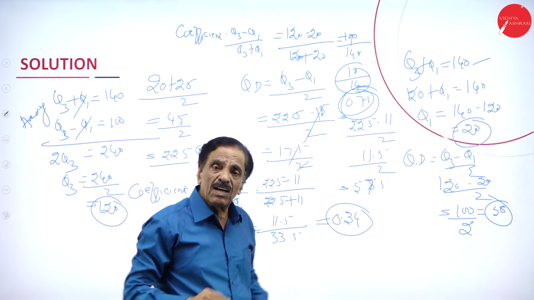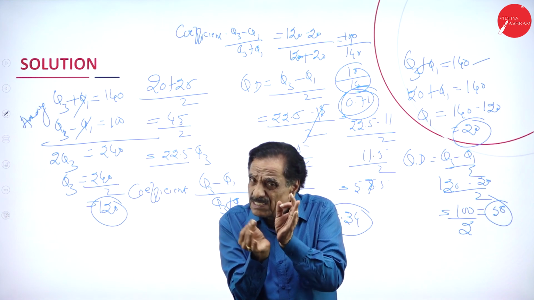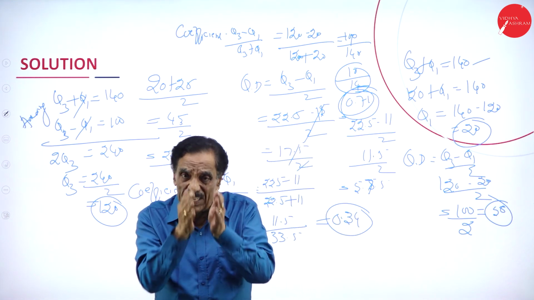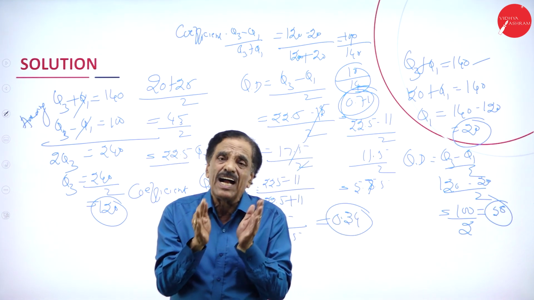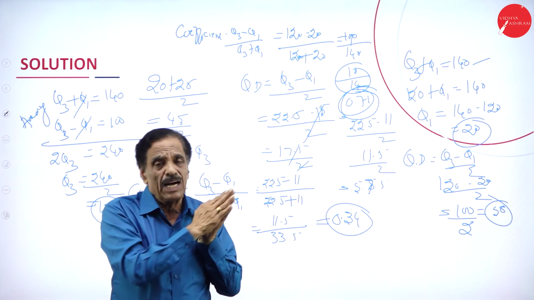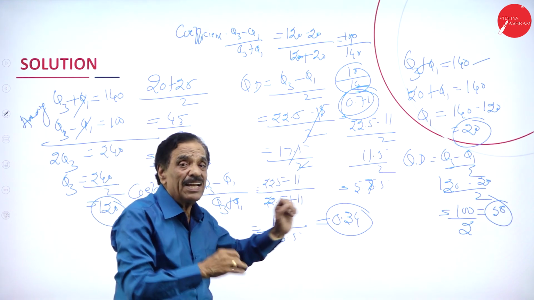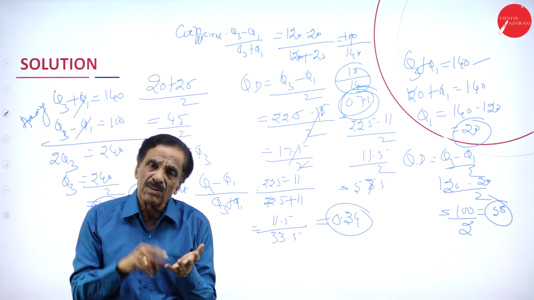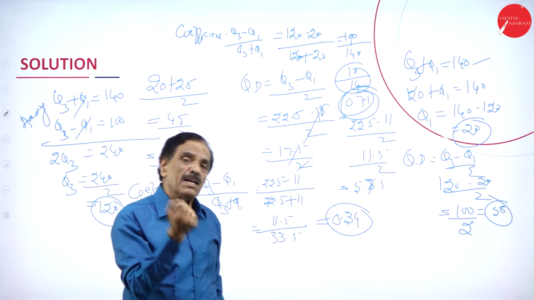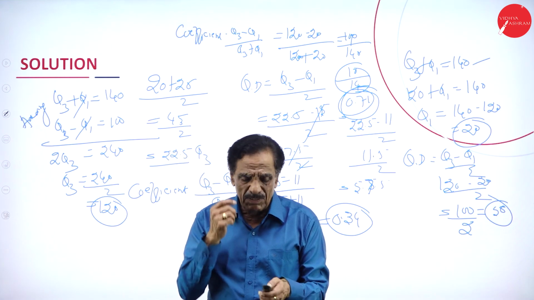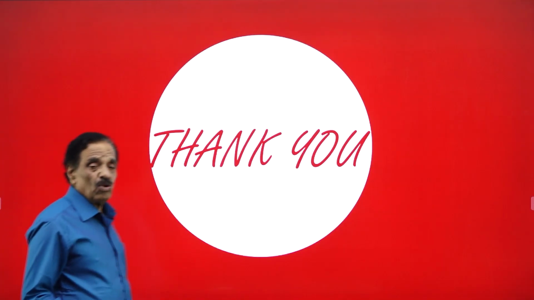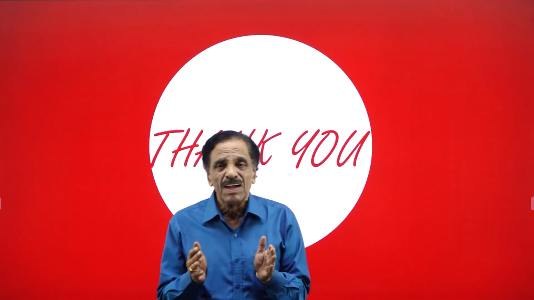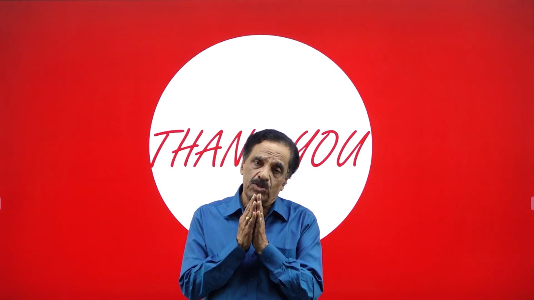So I think I have cleared your doubt. A little bit of confusion is there. Add the figure, don't deduct. Add the figure, 100 becomes 240, apply. I think I have cleared your doubt once again, Q3 plus Q1. So we have covered the individual numbers. We solved the individual numbers, and if there are any differences, you can also find them out.